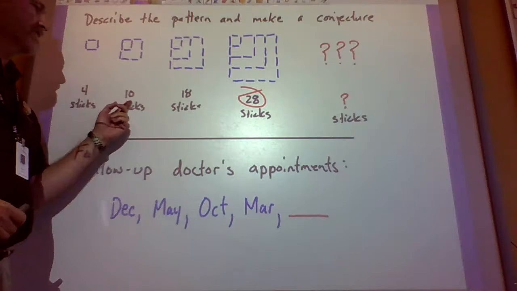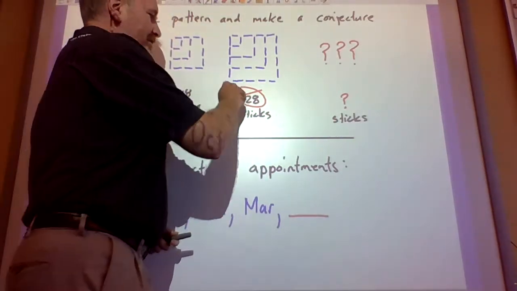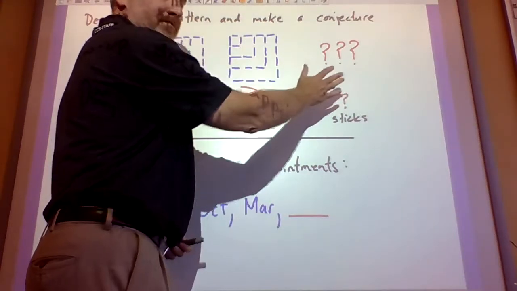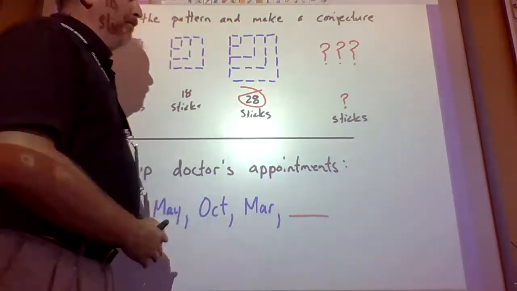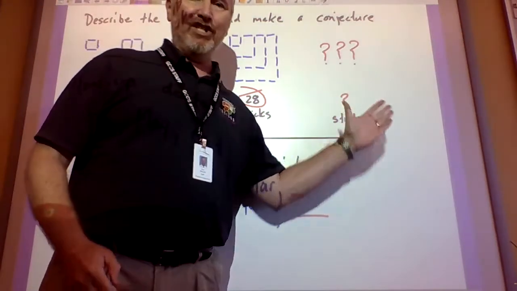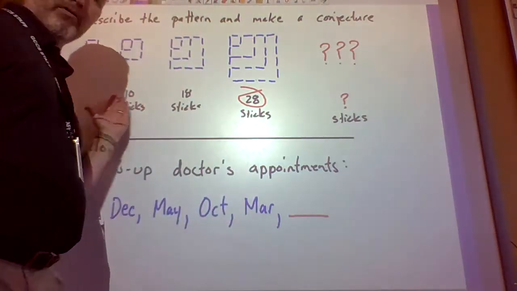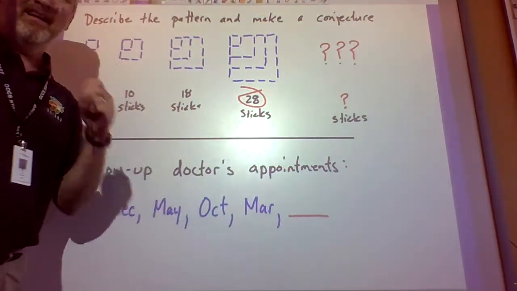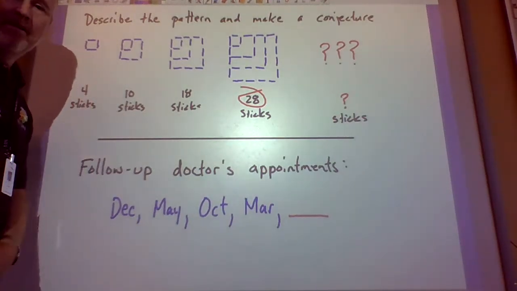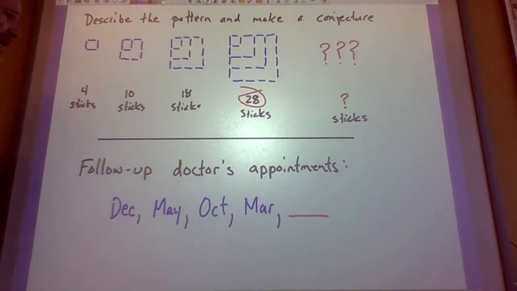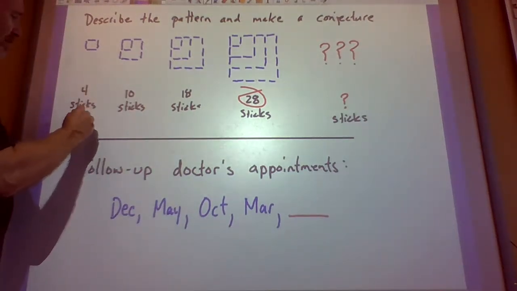So I went from 4 to 10 to 18 to 28. Now without drawing another layer, because that's what I'm going to pretend I'm going to do in a minute, I'm wondering if there's a way I can make a prediction at how many toothpicks it would take based on previous examples. All right? So take a few seconds and try to figure out what you think that would be. And I'm going to pretend like that time has passed and you all said, okay, well,